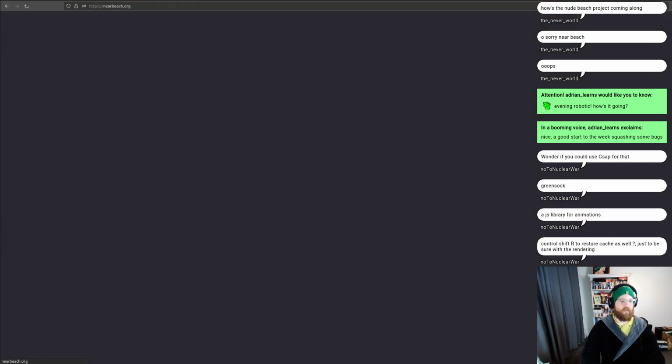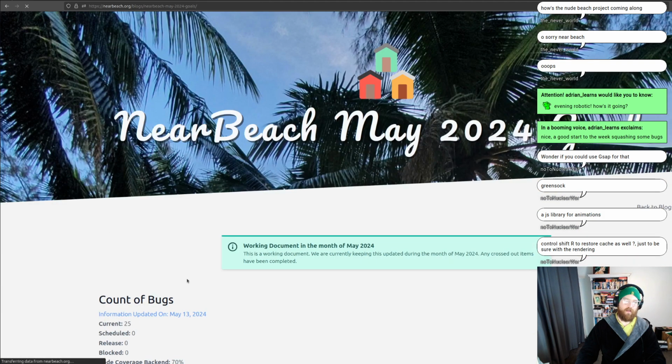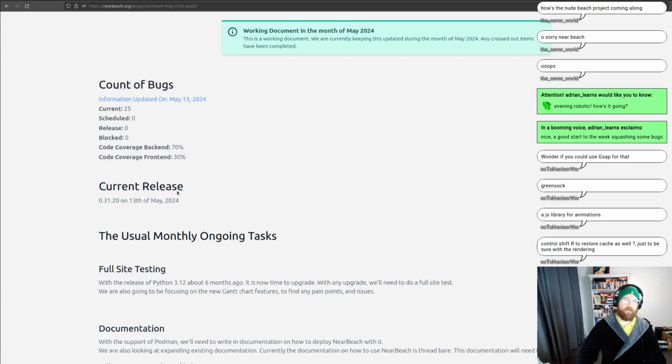If you're actually in NearBeach, usually at the top of most of our blogs, we've got that as a sort of update for everyone: counter bugs, where we're at, and so forth. We want to get the code coverage up to about 75. By the end of the year, I'm hoping we'll tootle off around about 85 if I spend a month focusing on it. As for the front-end code coverage,